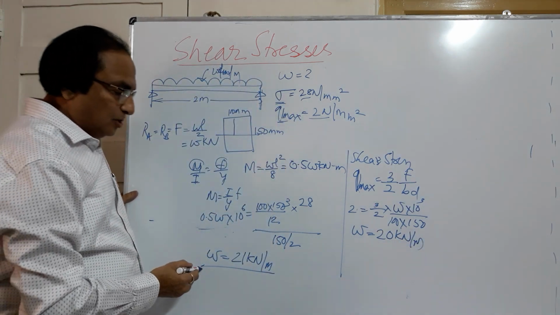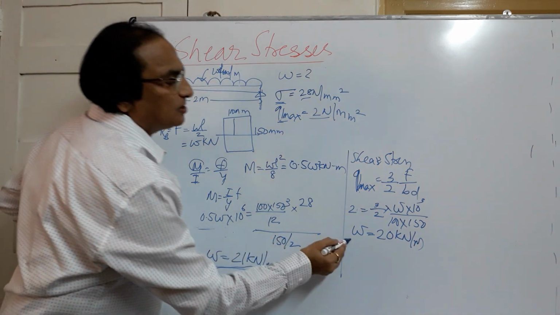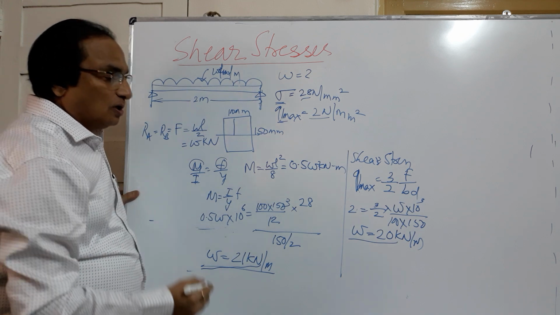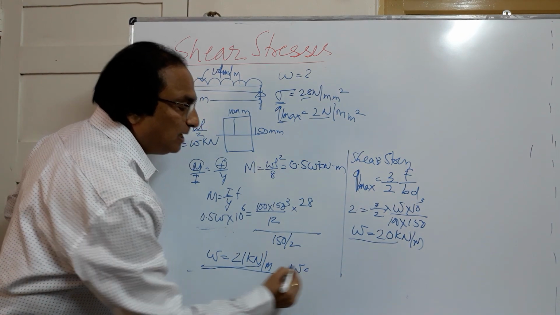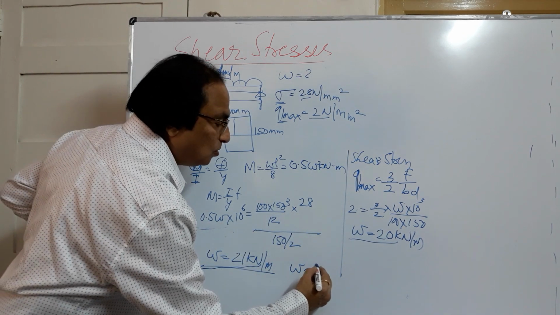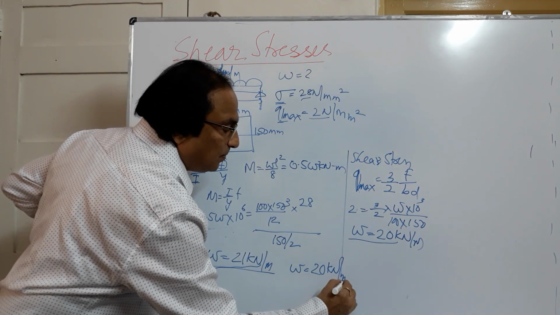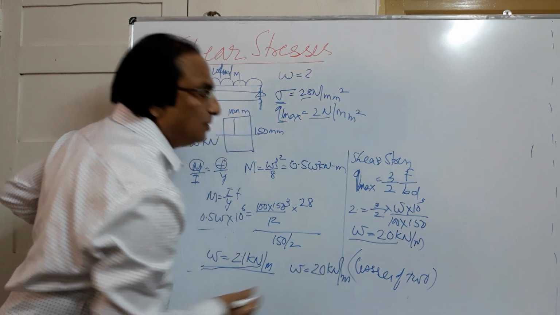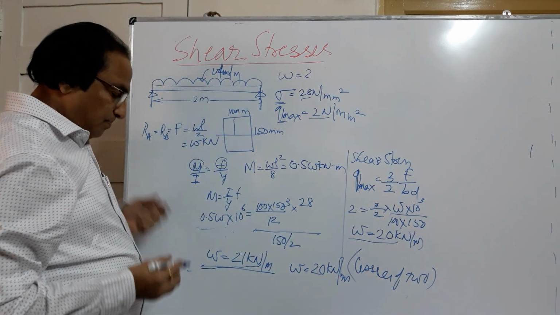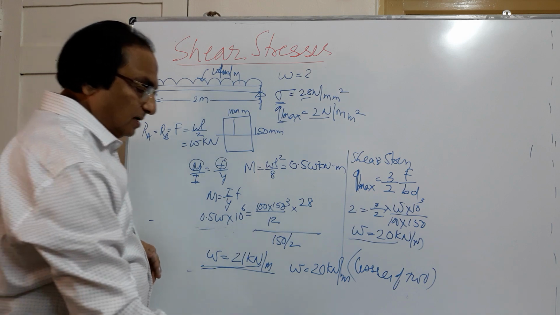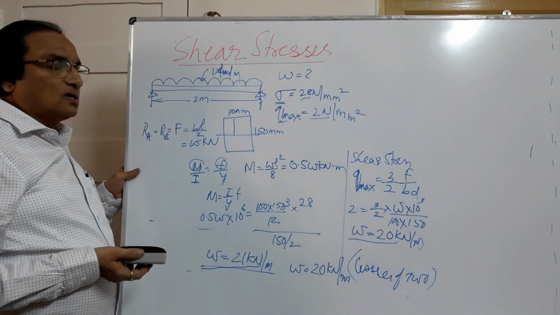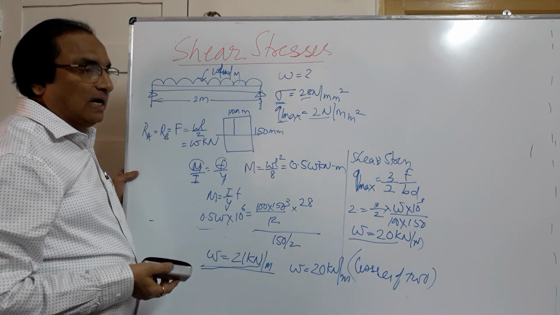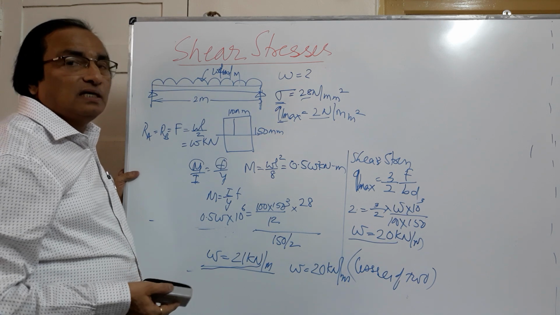So based upon bending stress, you can allow this much, but based upon shear stress, you can allow this much. Whichever is the less, that is to be taken into account. So the UDL that can be allowed on the beam is the lesser of the two, that is nothing but 20 kilonewton per meter. So this is the UDL that will be permitted on the beam. Like this, we can go either for the cross section of the beam or the UDL acting on the beam. We will see another type of problem, how to draw the shear stress diagram, in the next video.